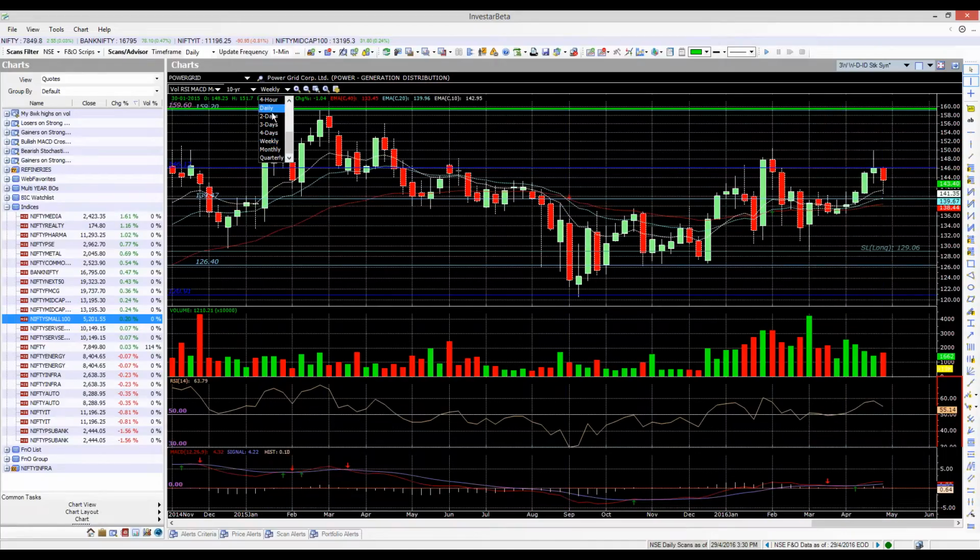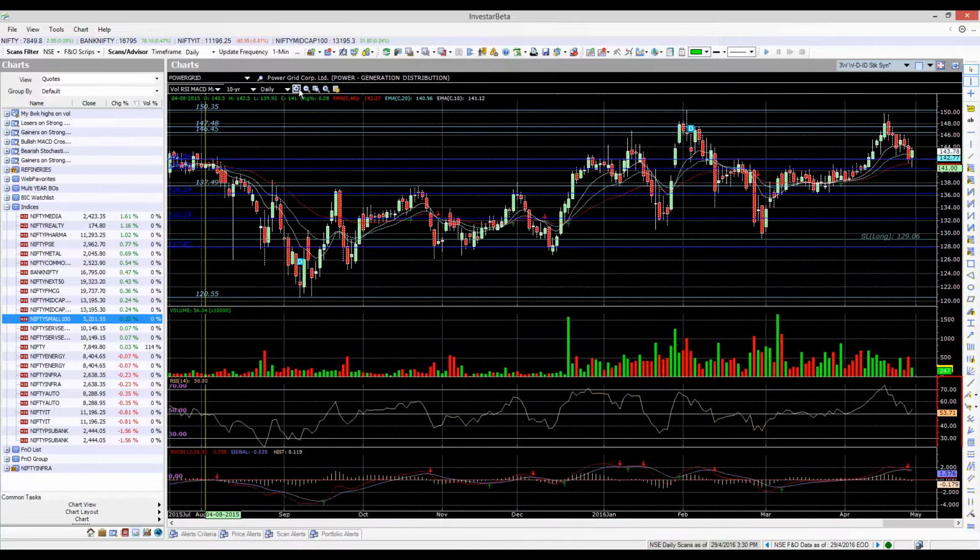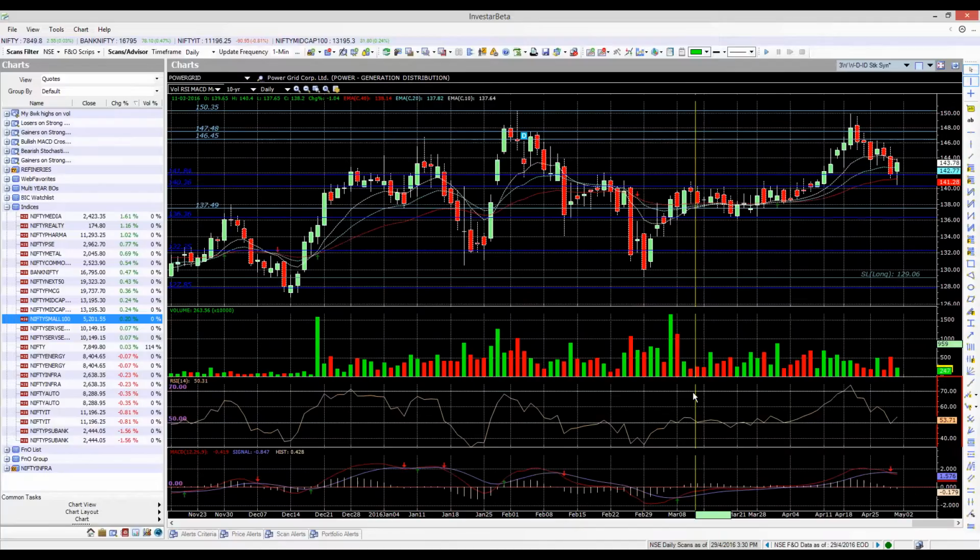This is still weekly, please remember. I'm going to switch to daily now, and essentially what you can see on the daily chart is that we've got a double top at 150, also psychological mark, right? And then we have come down, and the move down has been clearly on low volumes. I would think that around 140 it actually came almost there and then moved back up. It came to the upper end of this support zone. 140, 138 I would think are really good places to enter into Power Grid. I doubt it's going to break below 136, 135 and then should recover after that, and once it breaks 150